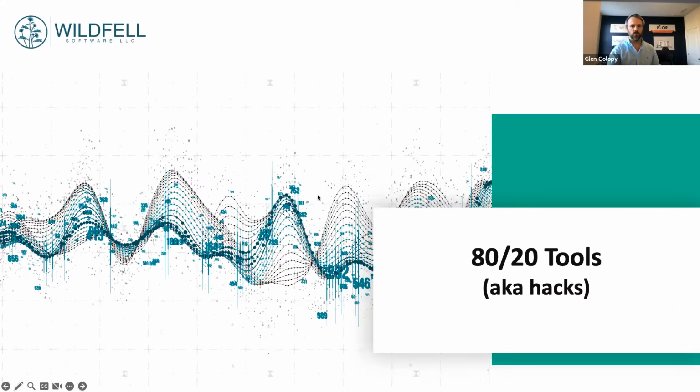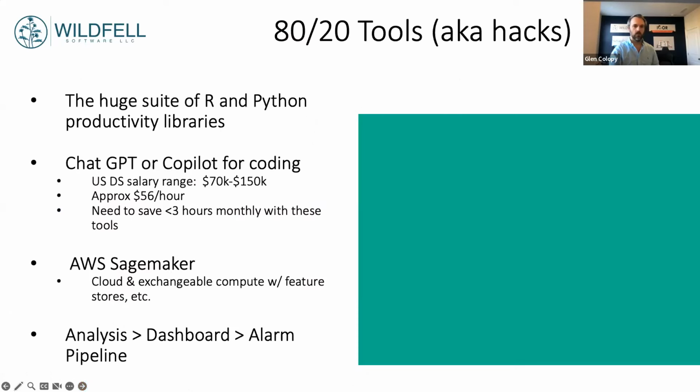Cool. Now I'll go on to the tools, and we'll go through this section even faster. So obviously there's a huge suite of R and Python productivity libraries. I don't want to belabor these, but I think a lot of them, people know what they are. These ones will clean up our notebooks and provide nice automated initial statistics and things like that. Taking your notebooks and popping them into PDF format, or making them conducive to LaTeX, things like